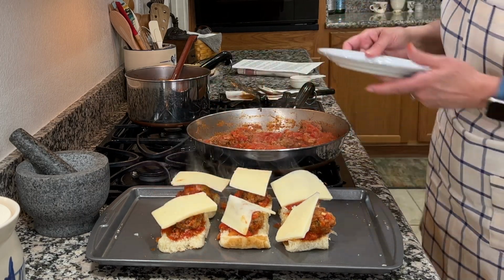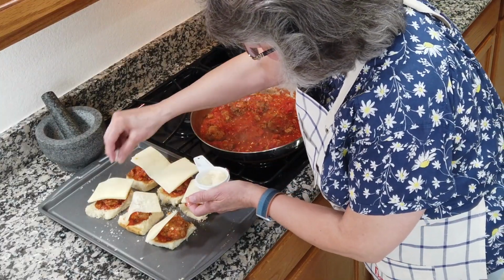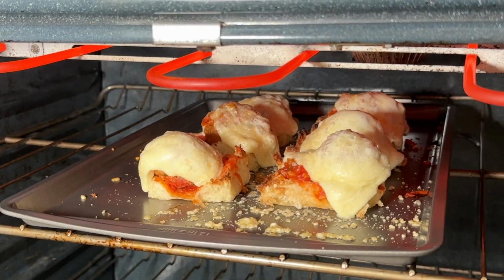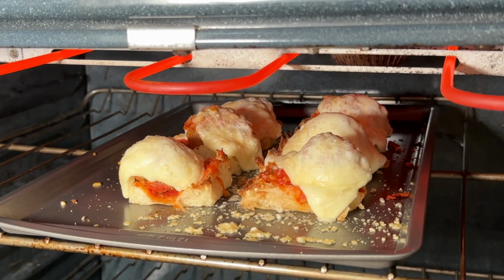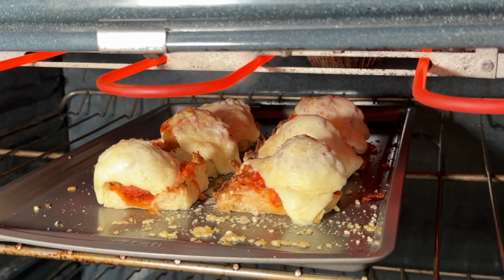All right, and last but not least, the recipe says use the remaining 1/4 cup of the Parmigiano. Since we're only doing half of it, that's 2 tablespoons. And I'm just gonna sprinkle on top. Now these are going under the broiler for 2 to 4 minutes until they're brown and bubbly. And the next time I see you, we're gonna be at the dinner table and I'm gonna have a guest